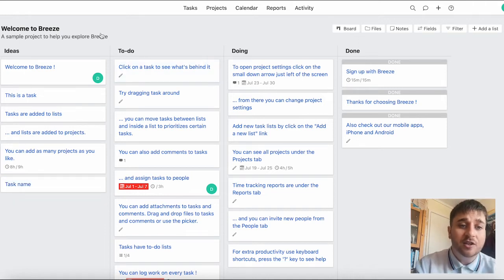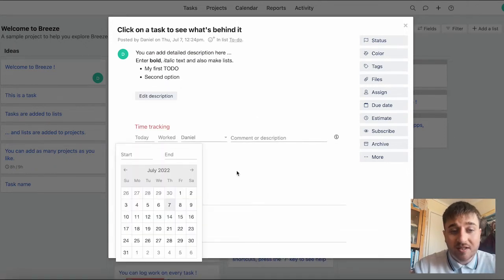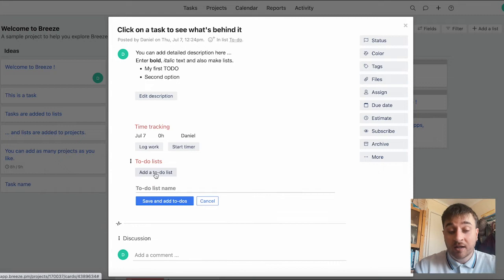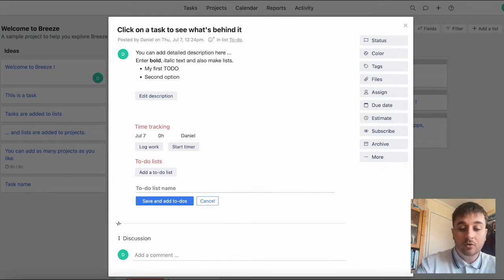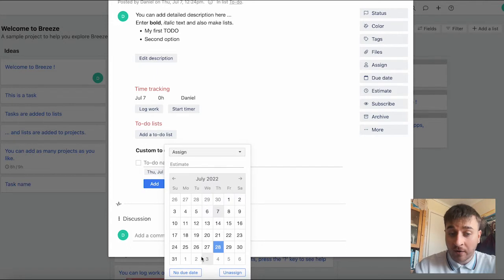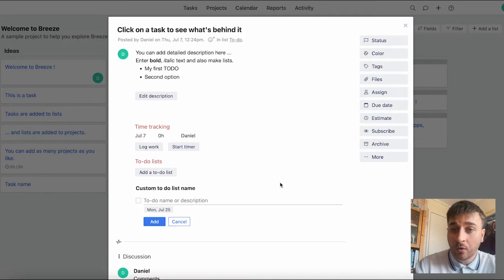So next up is the to-do list, which actually has more information on how we can go into more detail with our tasks. For example, if you click onto a task to see what's behind it, you can see we're greeted by this page where we can edit a description. We can log work by setting a time on it. We can start a timer, and we can also add a to-do list. So we can actually set a custom to-do list name. Once you've created the to-do list, you can actually assign that to a person and set a due date on it as well. Right at the bottom, comments could be added, and just up here, we have a wide array